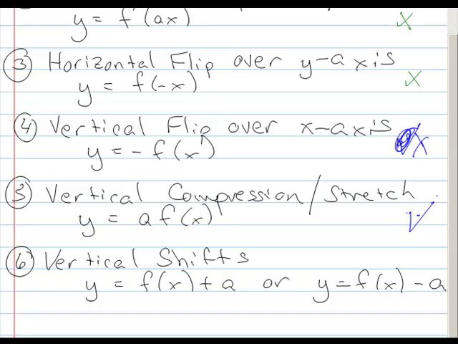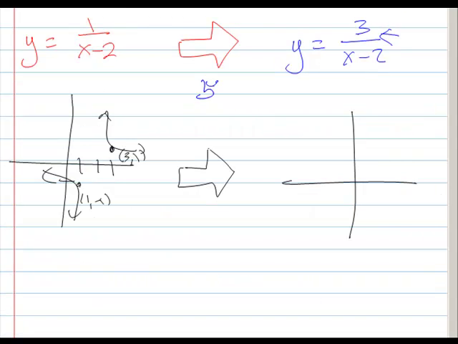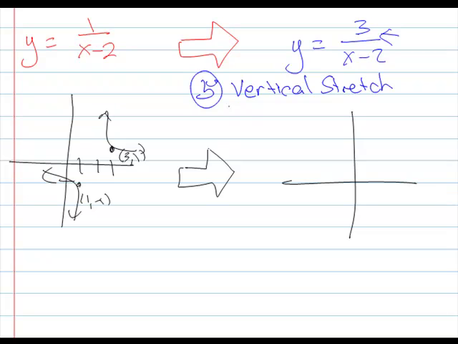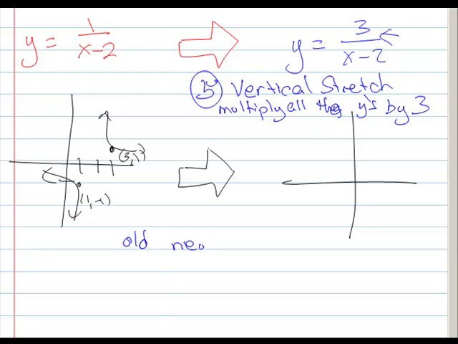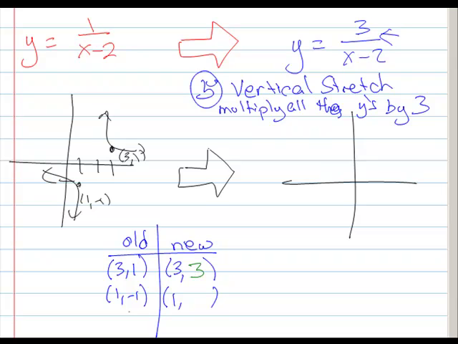So this is what we're doing right here, step number 5. Step 5 is vertical stretch, where we multiply all the y's by 3. So we have our table of old points and new points. We've only got 2 that we really care about, so our old points are 3, 1, and 1, negative 1. The x's stay the same, and our y's are multiplied by 3. So 1 times 3 is 3, and negative 1 times 3 is negative 3. So our new points become 3, 3,